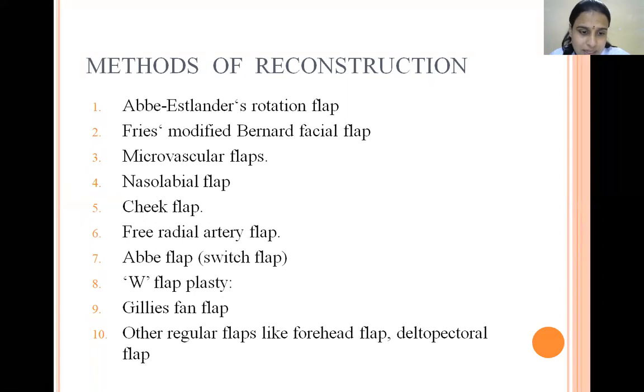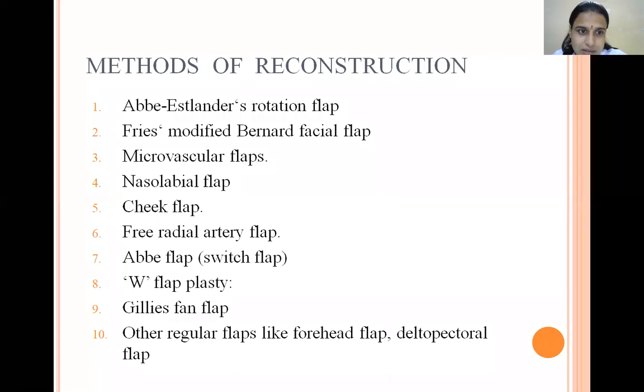That's it, not more than that. You just have to remember the names. Even if you just mention the names, that would be enough. Just try to understand what is being done in order to reconstruct the defect. Okay? So, the methods of reconstruction here are through a rotational flap. This rotational flap is taken from one area and rotated to the recipient area, the defect area, along with its